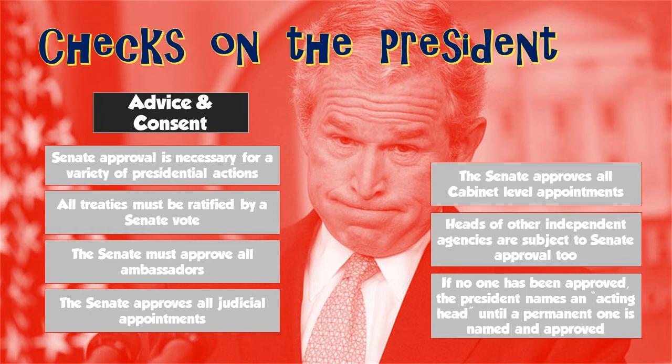Now, there are all sorts of agencies, which we'll get into later, that aren't necessarily cabinet departments, but that the person chosen as their head must be approved by the Senate, such as the Environmental Protection Agency. If the president is going to appoint a person to run the EPA, that person must be approved by the Senate too. If no one has been approved by the Senate, then the president just names an acting head, and that person is the acting head of the Environmental Protection Agency, or whatever agency, until a permanent one is approved by the Senate. So this is an important check that the legislature has over the president.